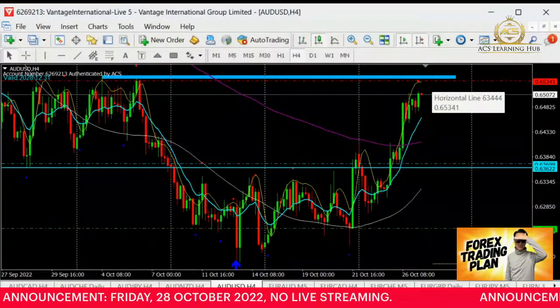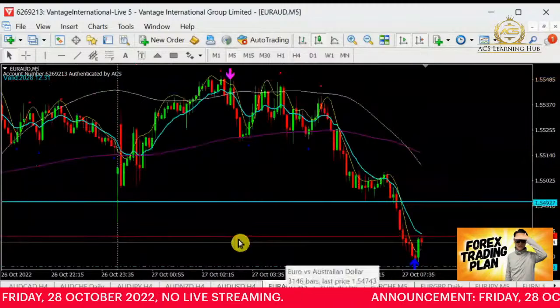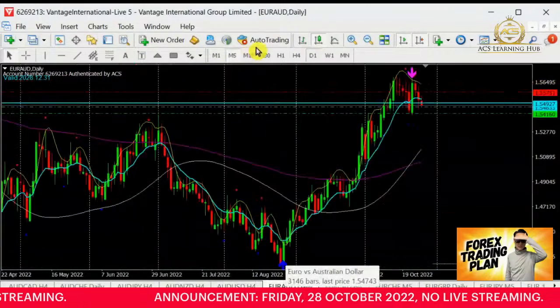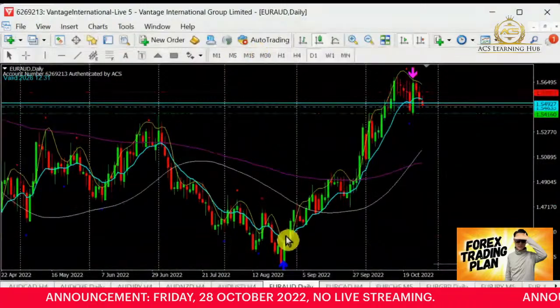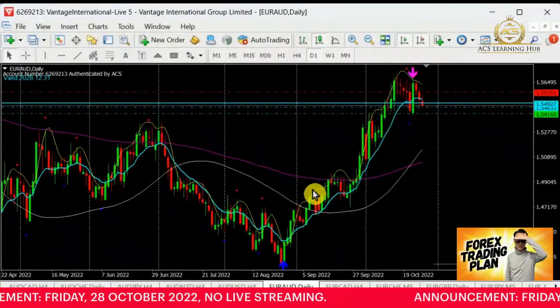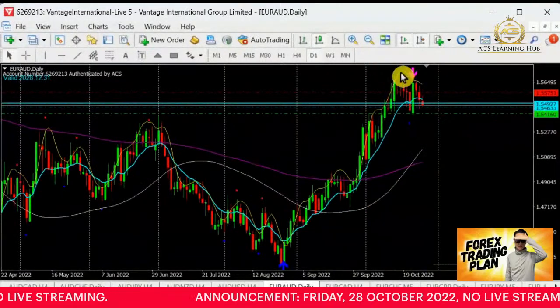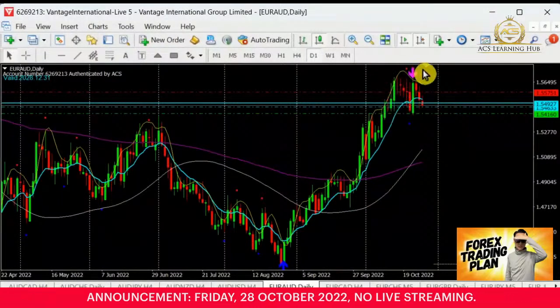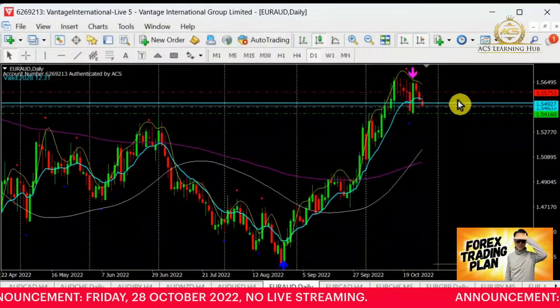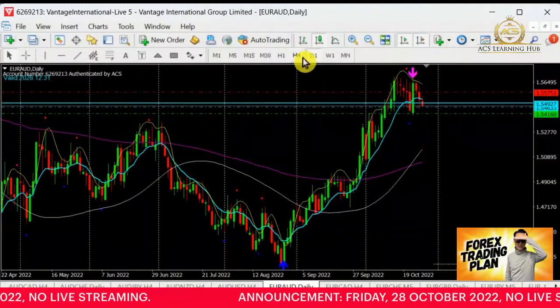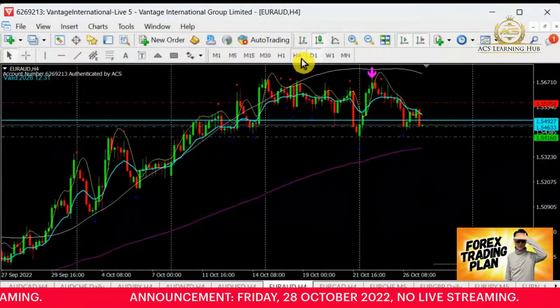Then let's move on to Euro Aussie. Euro Aussie, we are in the bull. We have been escalating up since September, a bull all the way until now. Finally, it's coming in as a transition. Will it actually turn into a bear to continue the selling? I would say highly likely we are going to look out for the bear.